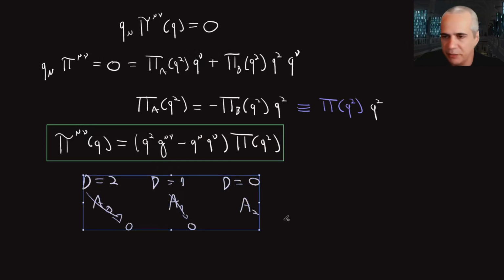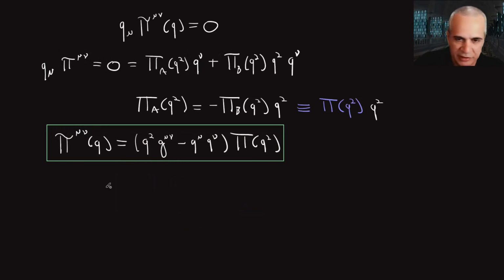And that tells me that this guy, which is essentially a2, plus some factors in front, is logarithmically divergent. So what I'm seeing is that pi q squared is proportional to the log of lambda, plus finite